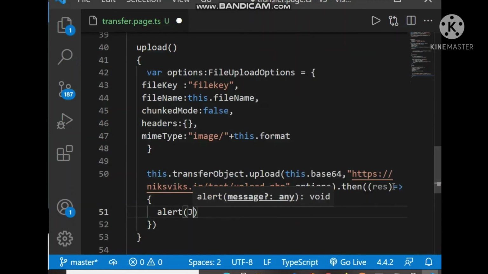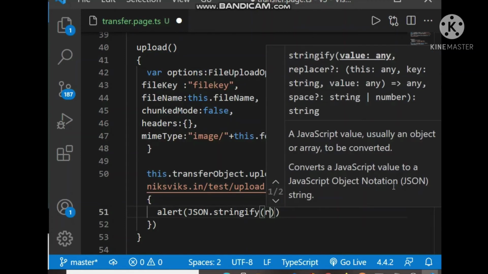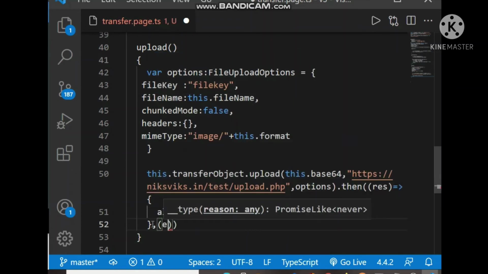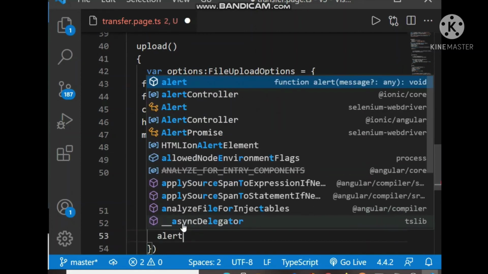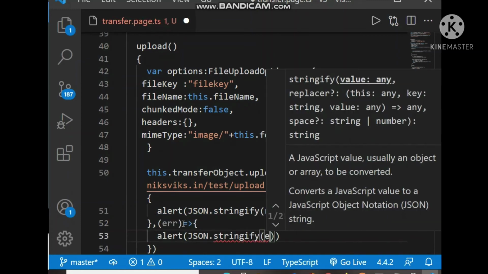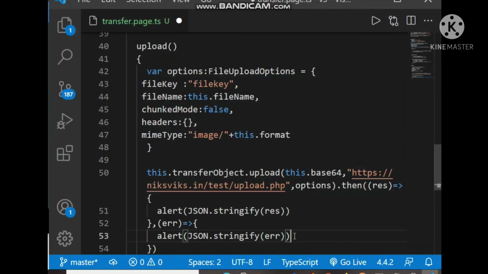We alert JSON.stringify result. So it will show the result, and if any error occurs, we will alert it in this block. Alert JSON.stringify error.